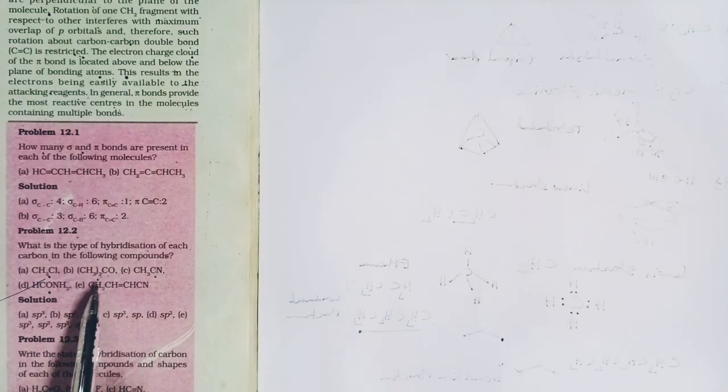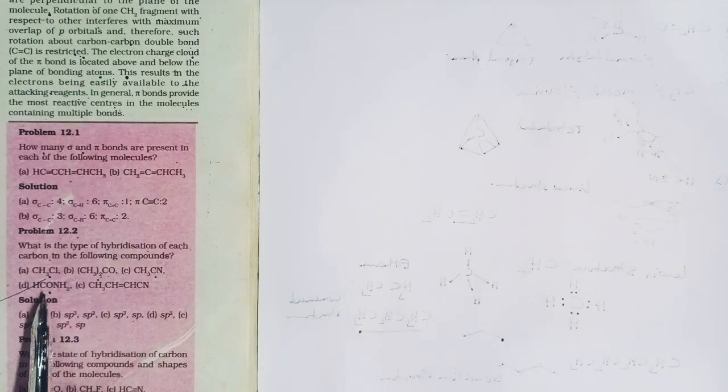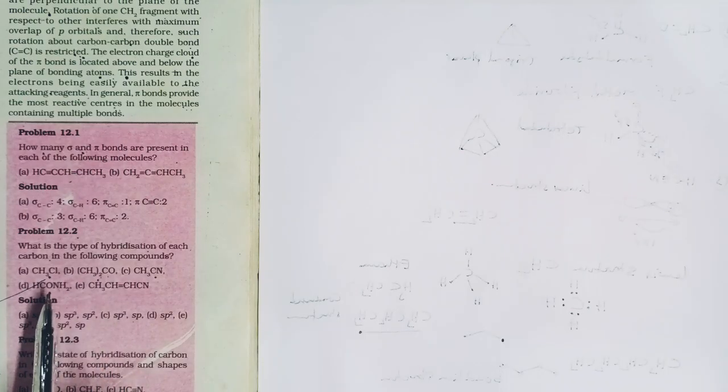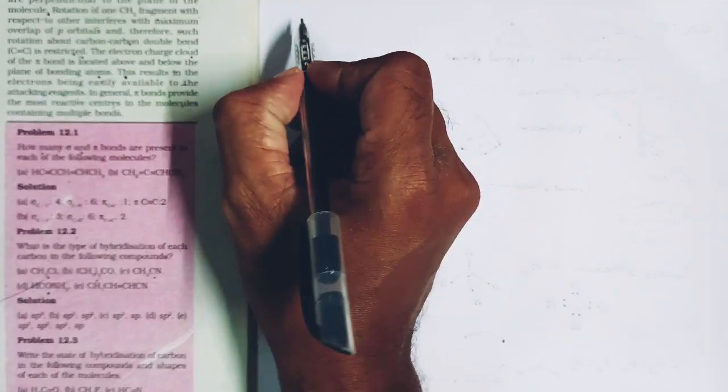Here he has asked, in these compounds, five compounds are given: methyl chloride, acetone, acetonitrile, formamide, and this one some other organic compound. So we can write the IUPAC nomenclature for this name. One by one we will see what the hybridization is in each of the following compounds. The first compound given is